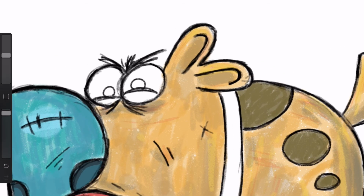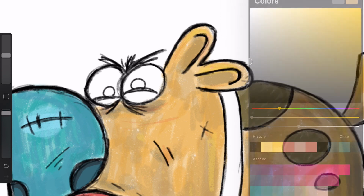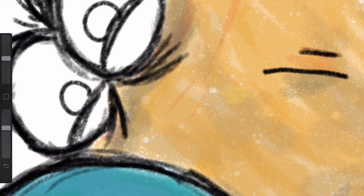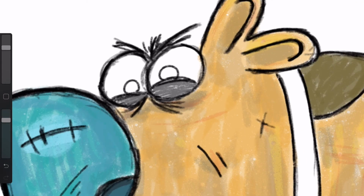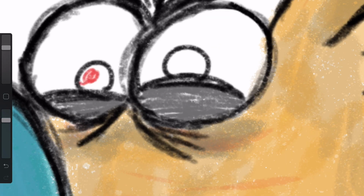Okay, let's go up here to work on the eyes a little bit. Maybe some gray. If you have a gray, let's use your gray. If not, use a light black. If you don't have a black, really push down on that pencil. Okay, there we go. And man, we'll make this a bad dog. There's good dogs and there's bad dogs. This will be a bad dog. You guys heard me talk before about my golden